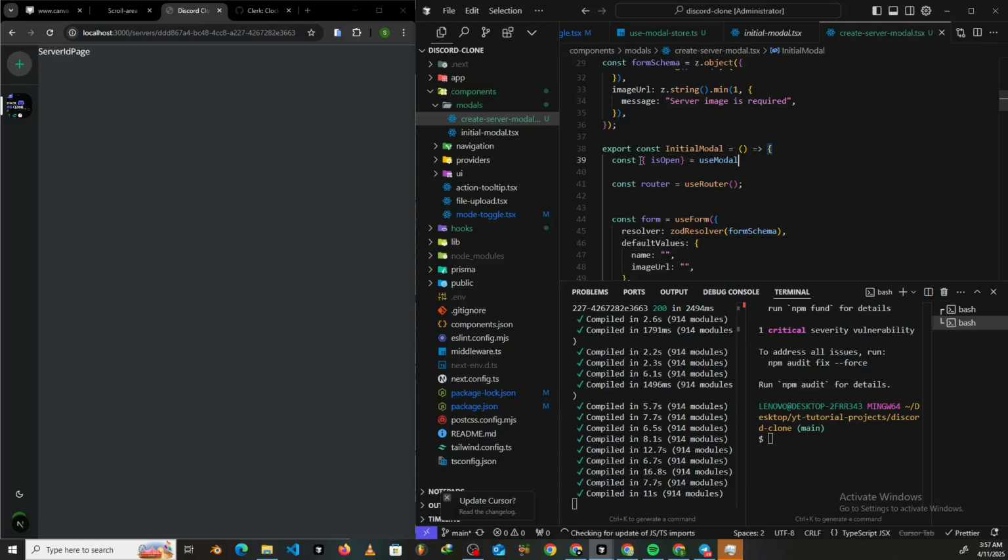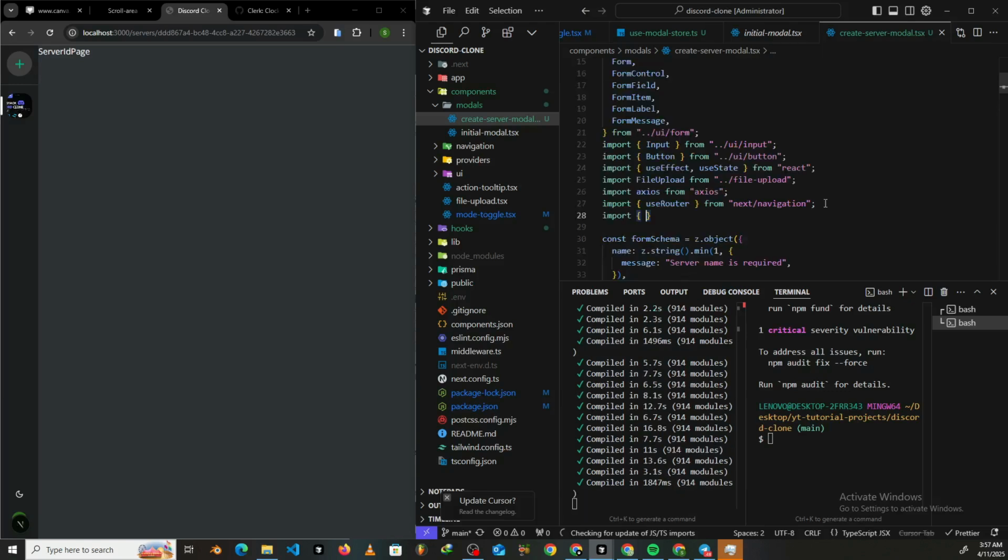Okay, for some reason it's not showing up. I don't know why. The PC has become slow again. So let's import that ourselves. Import useModal from